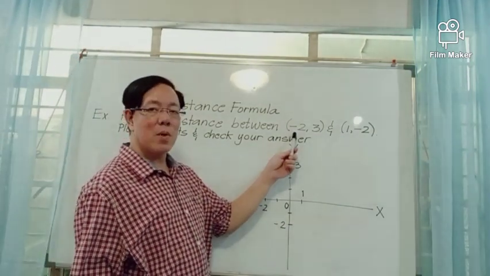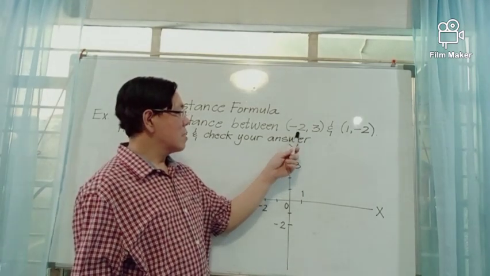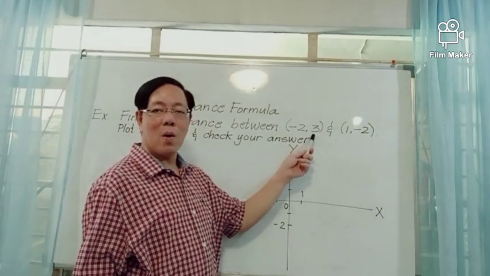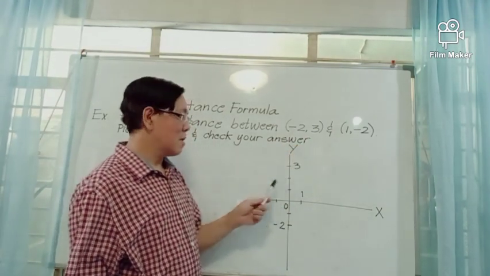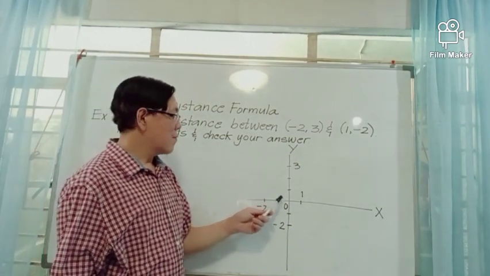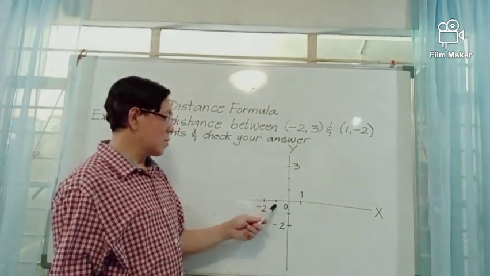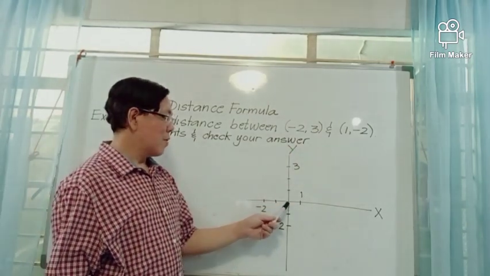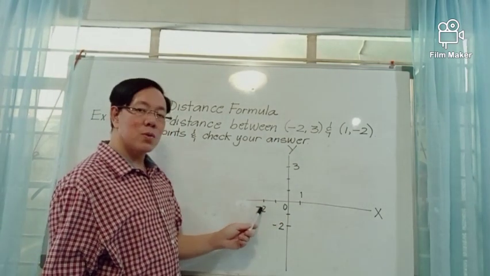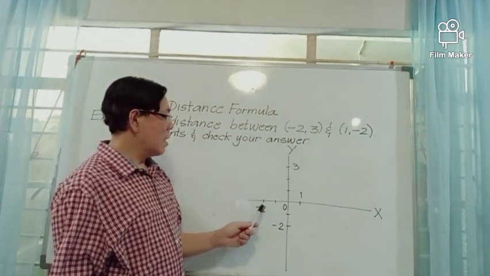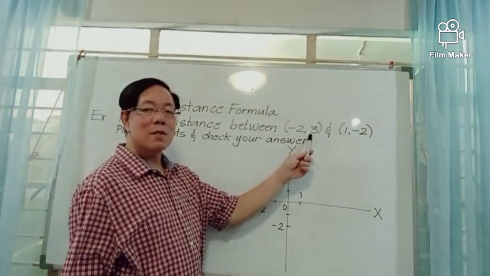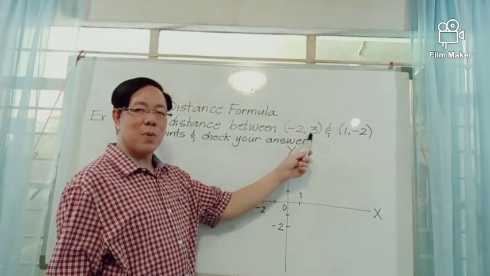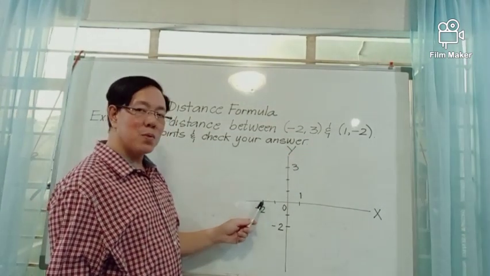First, we plot the point negative 2, 3. This point with negative abscissa and positive ordinate is a point in the second quadrant. From the origin, we count 2 units to the left because the abscissa of this point is negative 2. From the origin, count 2 units, 1, 2, to the left. And from this point, you count 3 units upward. Because the ordinate of this point is positive, from negative 2, we count 3